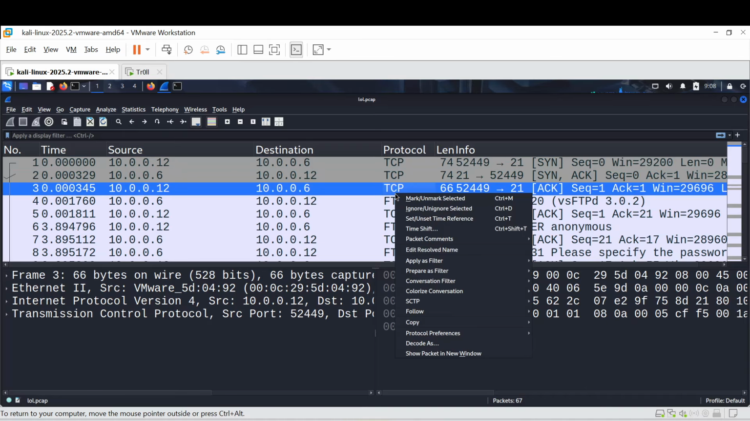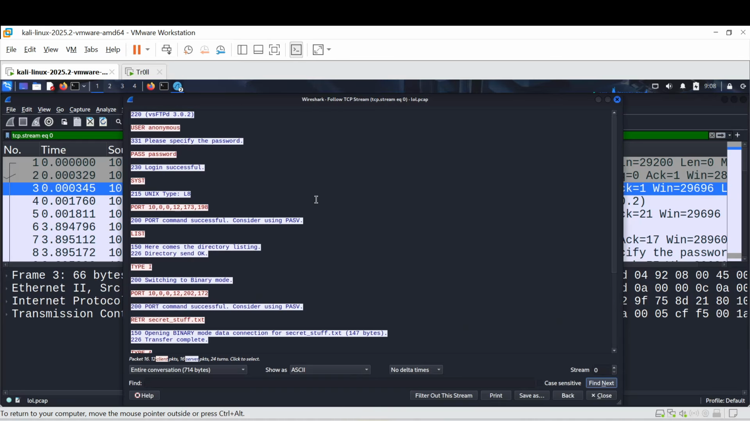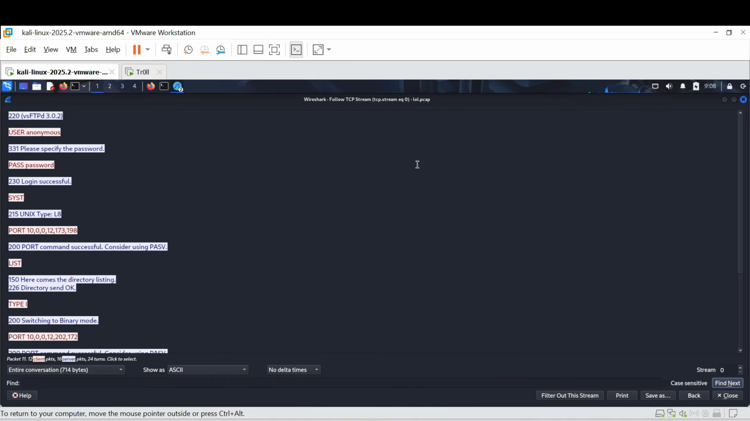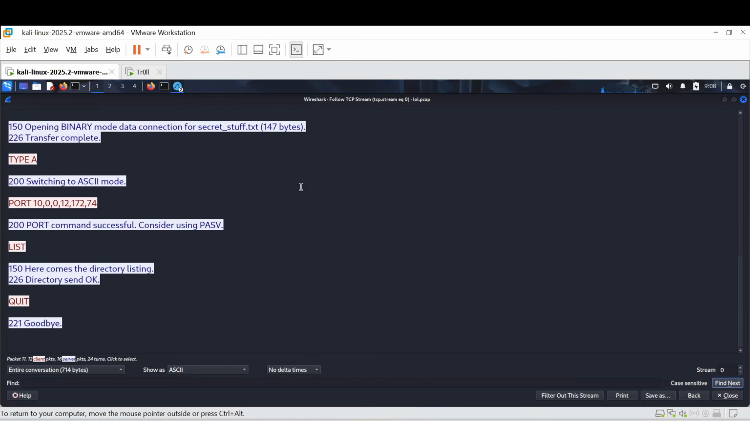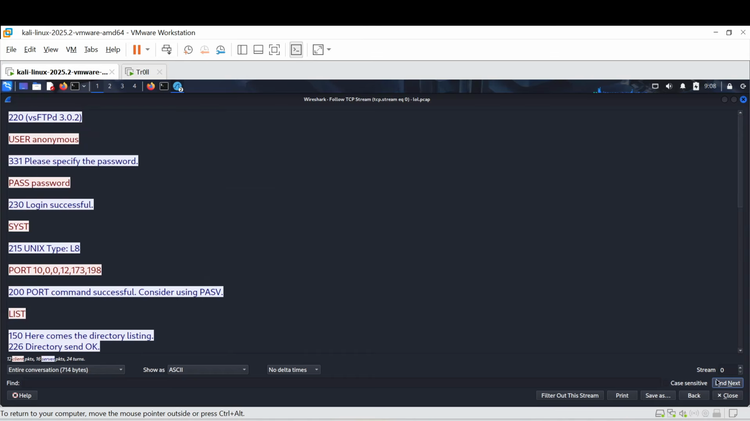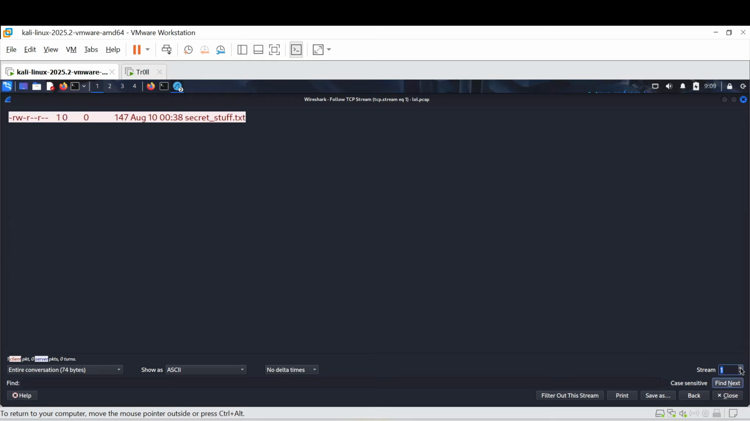And from here, guys, let me open any TCP stream. And here we are able to see the conversations that happened inside this lol.pcap. Here we are able to see the information about them. Here we can also look into the different streams, like what are the different conversations that happened, secret stuff.txt. And here we are getting a message box that is saying that,